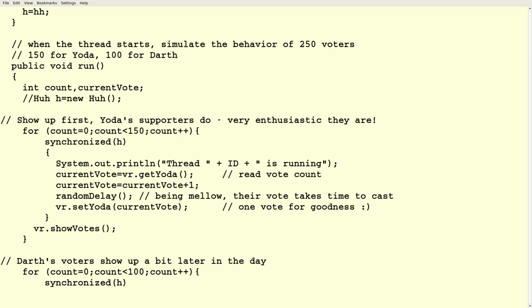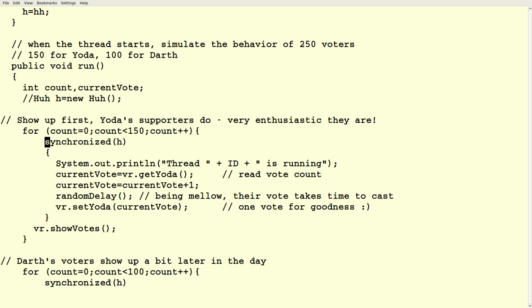In conflict resolution, there's a thing called talking sticks. If two people are trying to work through something, you have a stick, and the rule is you can only talk when you hold the stick. You can talk for as long as you want, as long as you've got that stick, and the other person can't say anything. They have to listen to you. Then when you're done, you put the stick down, they can pick up the stick and they can say whatever they want. That's basically exactly how synchronized works.